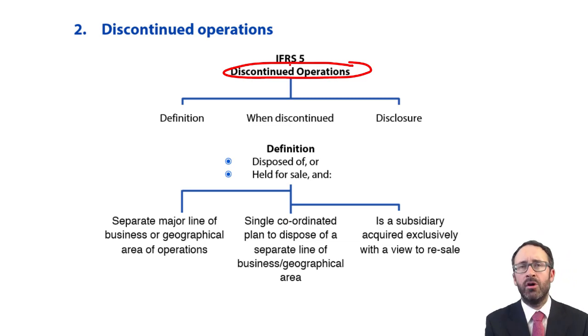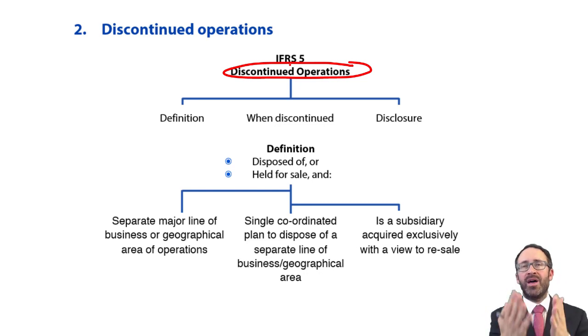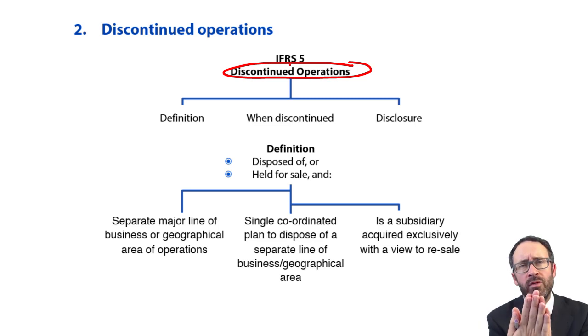operations. Remember what you have on your statement of profit or loss, which is where the focus is here with regards to disclosure, is that you've got all your revenues, your cost, your profit combined from your business operations. And there may be part of your business operation that you've decided to get rid of. Maybe you're deciding to close it down. Maybe you're deciding to sell it on to somebody else. And if that's the case, all those numbers are contained within the profits shown within the face of the financial statements on your statement of profit or loss, of which some of them may not then happen again in the